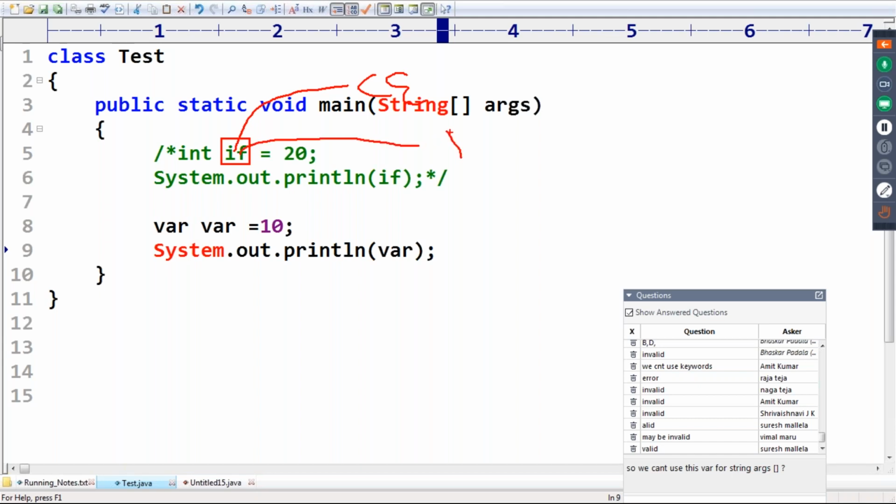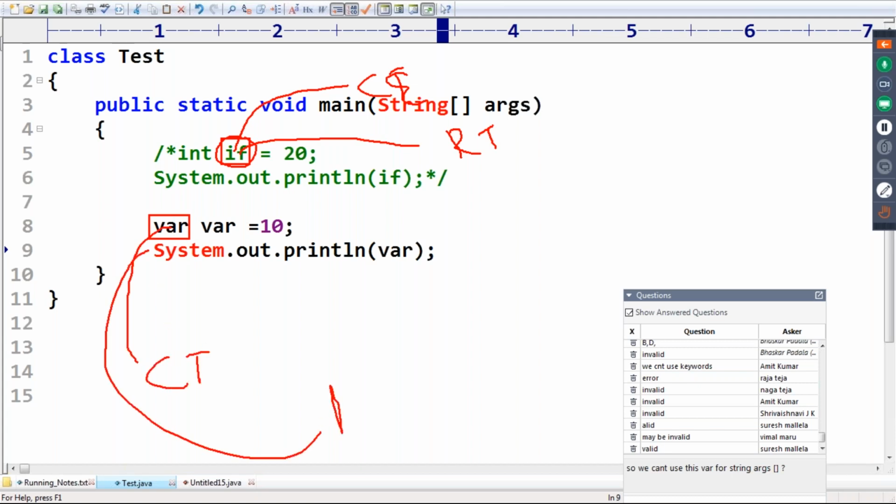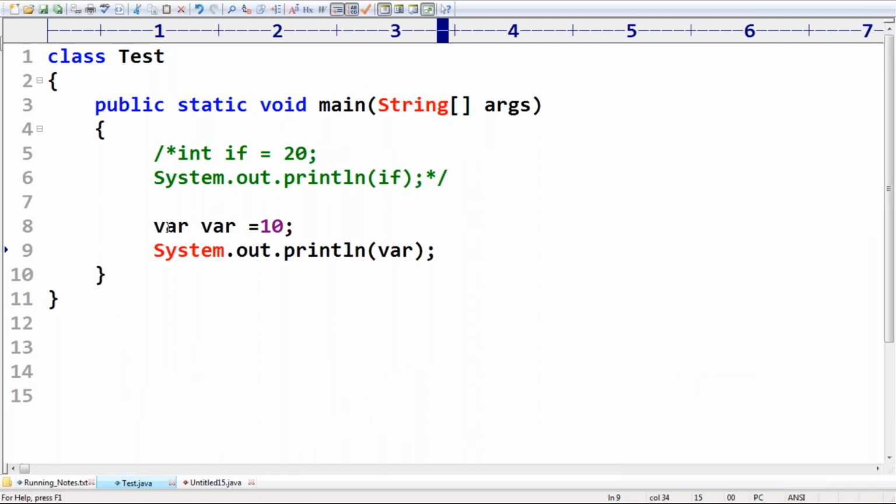The JVM has some special functionality based on it. But var is required only at compile time, and at runtime there is no such concept, because the compiler will replace this var with the int type. Remember this one: the compiler will replace var with the int type.